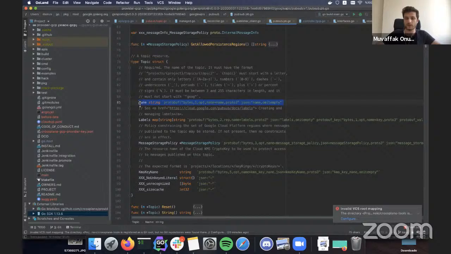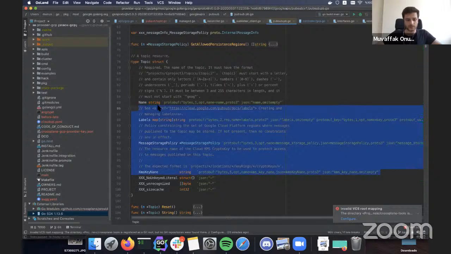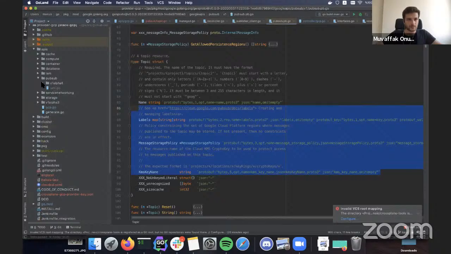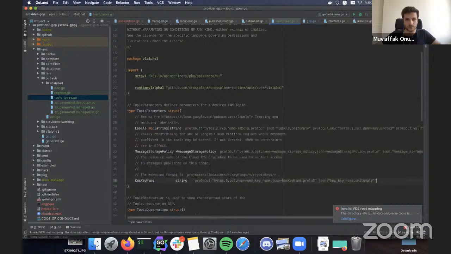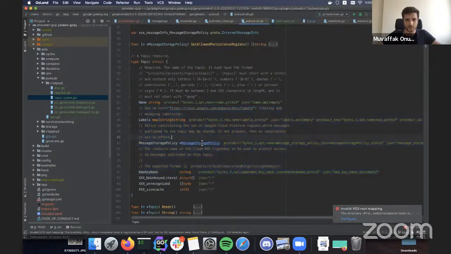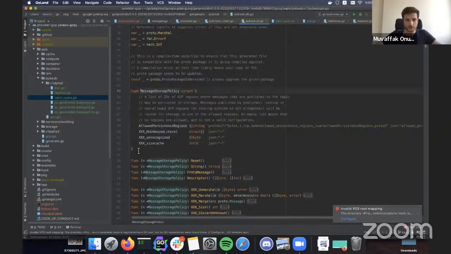It's not a field on the spec. So we will treat this differently in a minute. But right now, what we need is these three parameters. So I go back to APIs, topic types, and the parameters. I just copy and paste it. As you see, we don't have the message storage policy. Let's see.